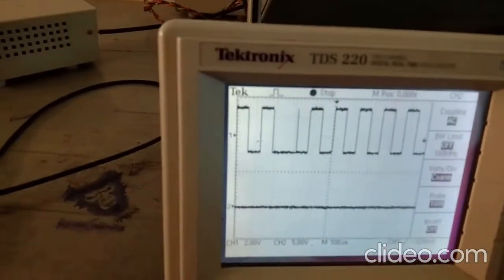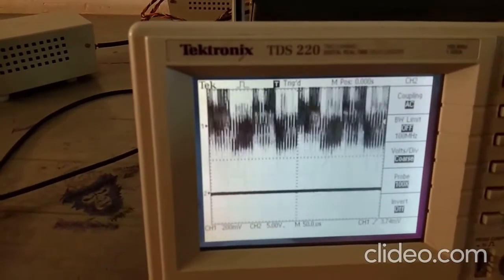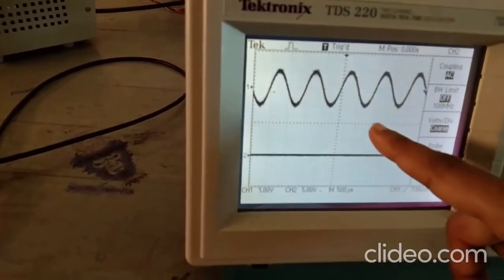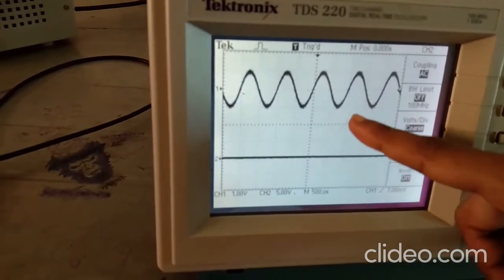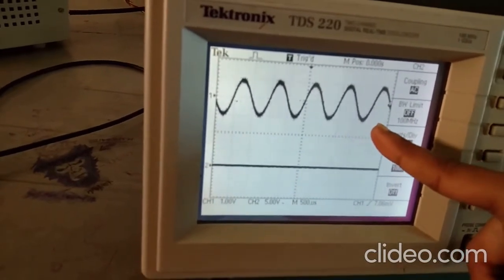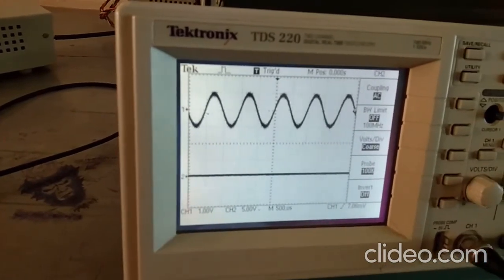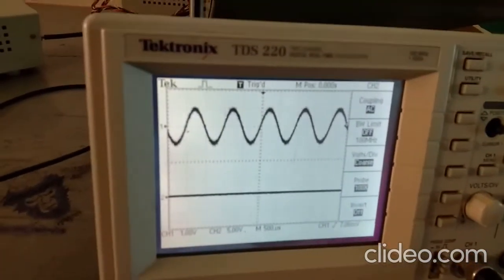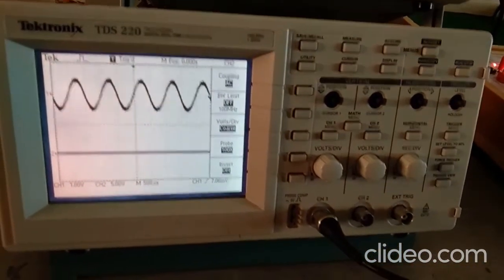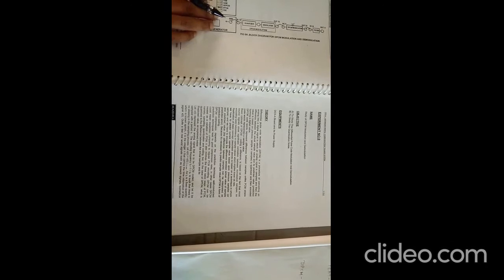So now let us see the demodulated output. This is our ADPCM demodulated output. Initially we gave the sine wave input, so that we retrieve at the output, that is the ADPCM demodulated output. So this is the brief explanation about the ADPCM experiment. Thank you.